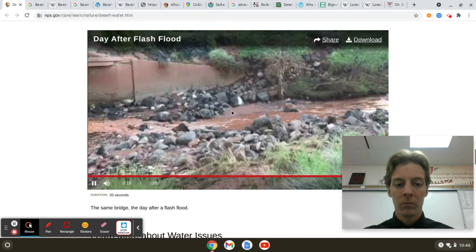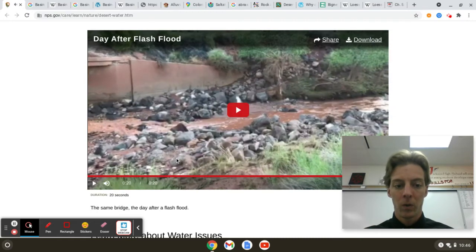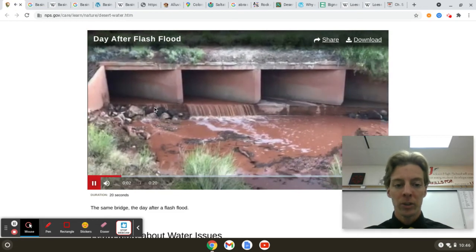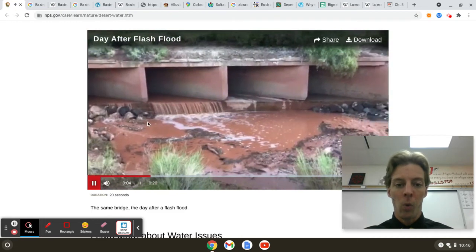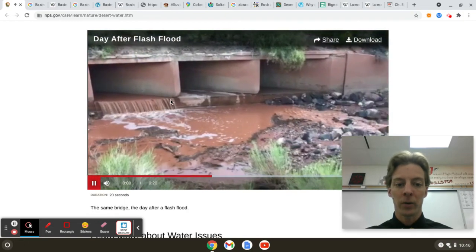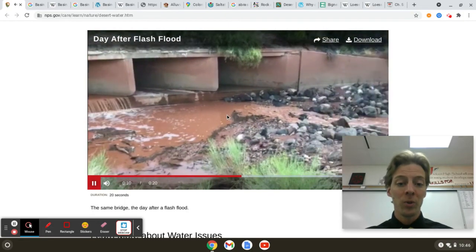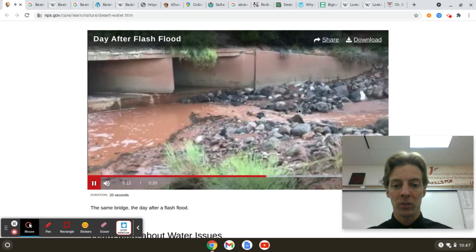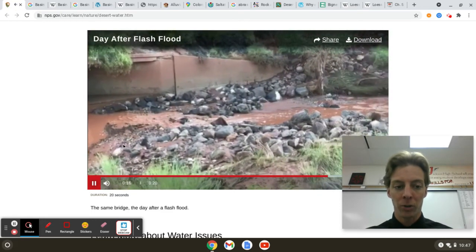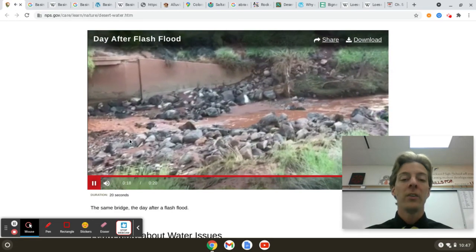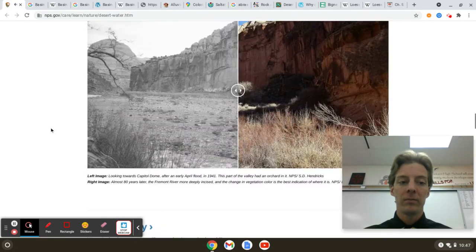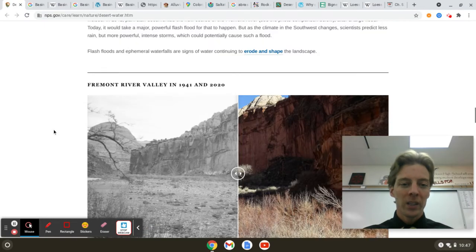One day later. Oh, sorry. Replay. That channel's barely flowing. Only one of the four pathways even has any water on it. Don't get me wrong, that's moving water. I would call that consistent. That's a creek. But look how smooth the water is by comparison and how turbulent it was the day before. That's the danger of flash flooding, from the National Park Service.